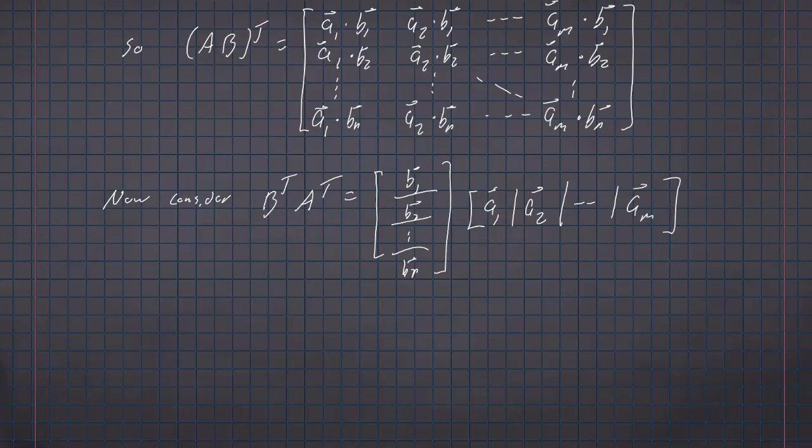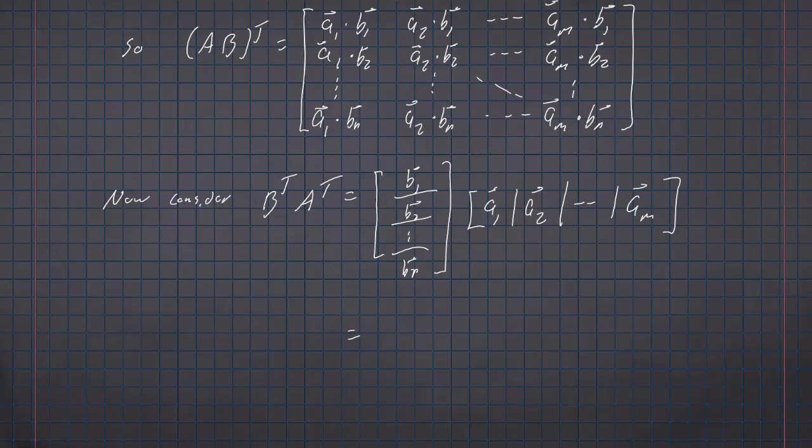And I'm not going to worry about distinguishing that these are all the transposes, because we had A's originally defined as row vectors, B's originally defined as column vectors. As far as the Euclidean vectors are concerned, it's the same thing. It's just two different notations for the same vector. But we can do the same thing here